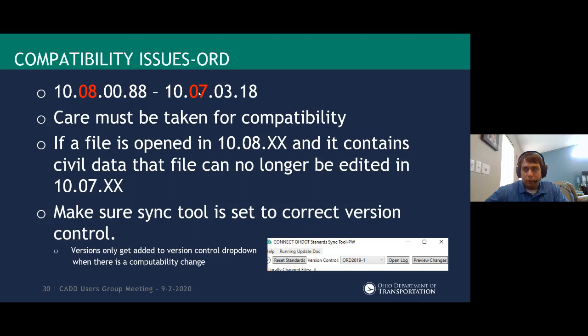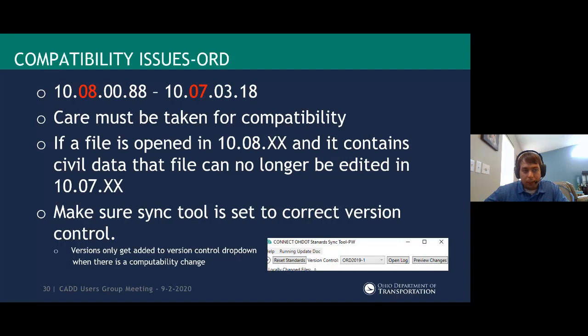And the same goes for our standards. If we update the standards with a newer one and you're running an older one, you're going to run into issues. That is why we have the sync tool, and that's why we added version control to our sync tool. So if you haven't updated yet, you can still get our other updates, but the version control will make sure you don't get the files that were updated in the newer one.